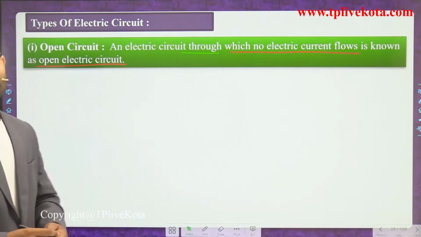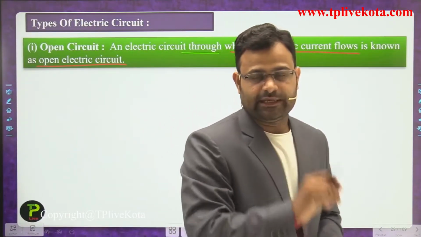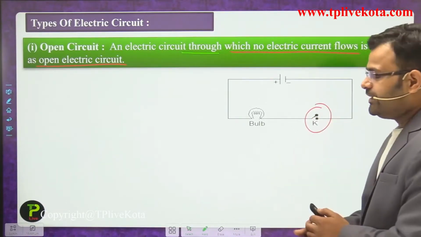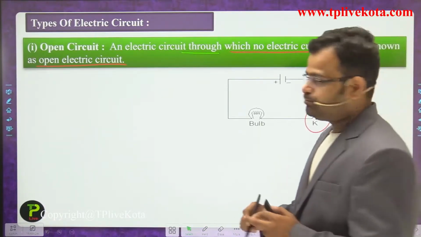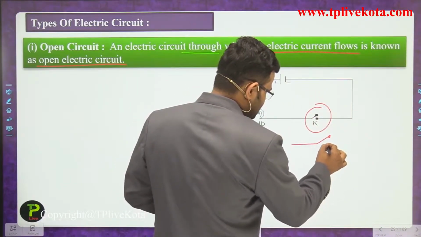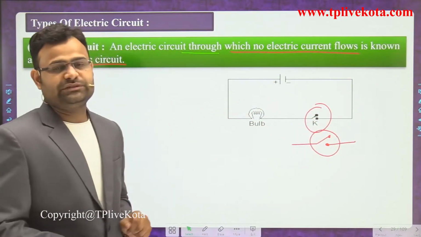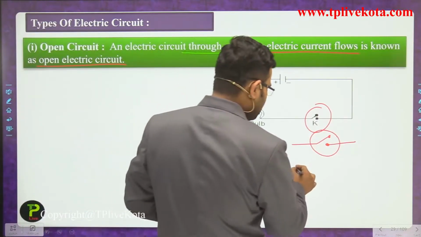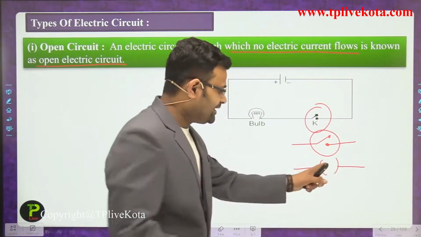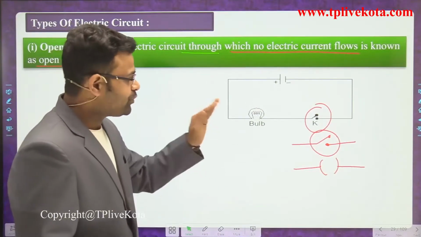And in an open electrical circuit, the switch used is also open. That is a switch, that is another symbol, guys, so don't take any tension. That is an open switch, both are the same, guys. So that open switch is used here. One more symbol is used for a switch, that type of switch. If we put a dot in the center of that bracket, that is a closed switch, but at that time that is not working as an open switch.